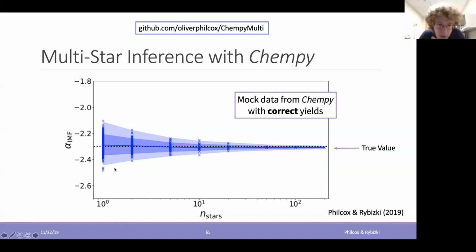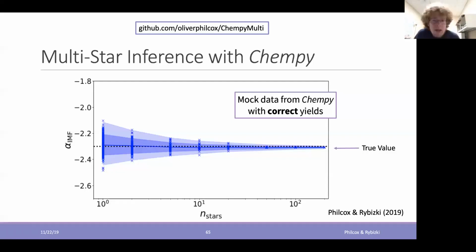And the reason this is important is that it really shows you the amount of bias you can get from doing an analysis looking at a single star. For example, in our previous works, we've only been looking at 1, or in the early papers 2 or 3 stars. However, what's to say that a single star doesn't predict you an IMF slope down here when we know the true value was actually minus 2.3? We're getting 10–20% deviations. So this kind of statistical error is actually very important.